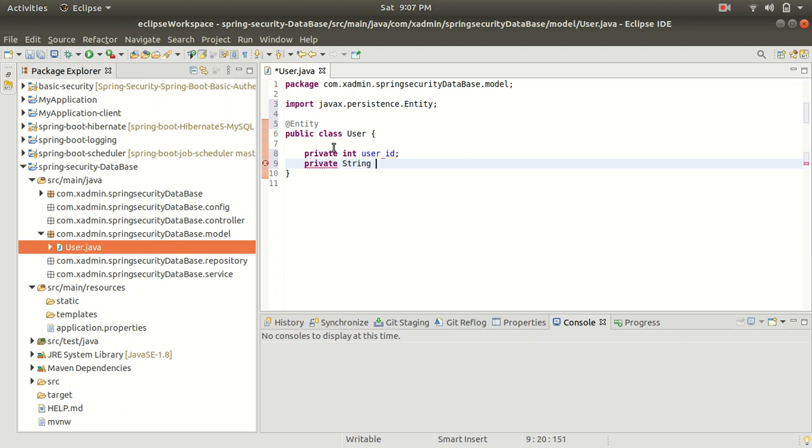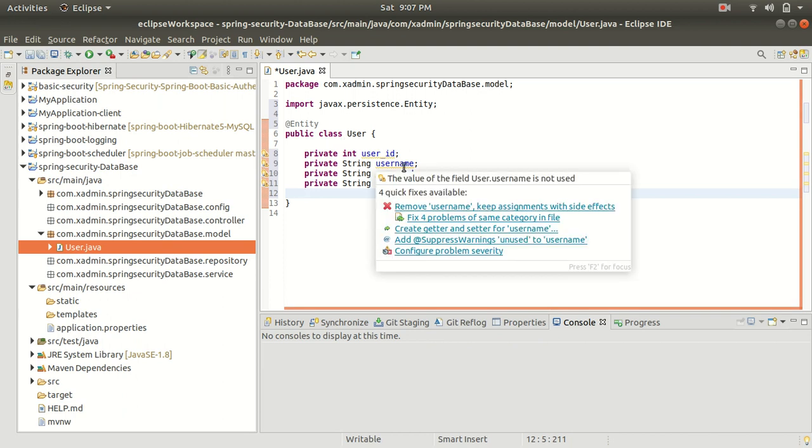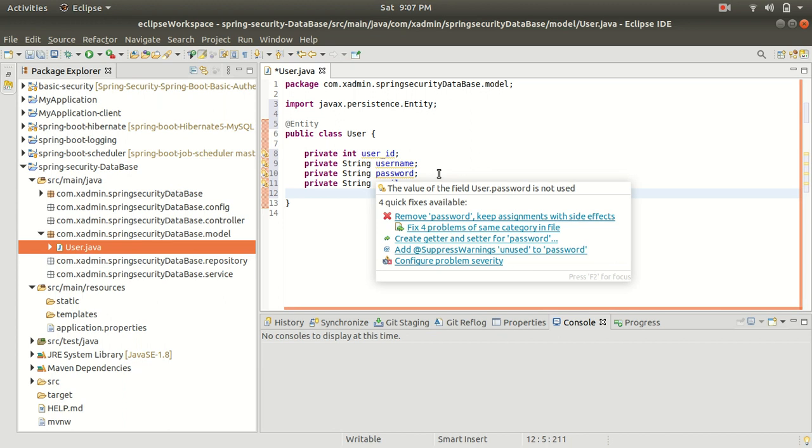It has a username of String data type. It has a password. It has an email. So these are the fields we have added to our user model class: user ID, username, password, and email.